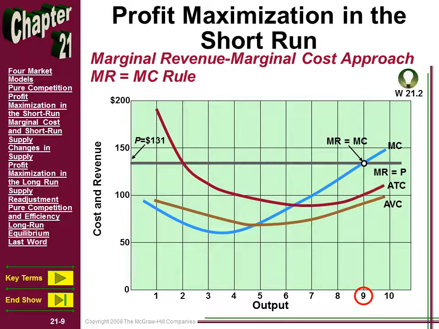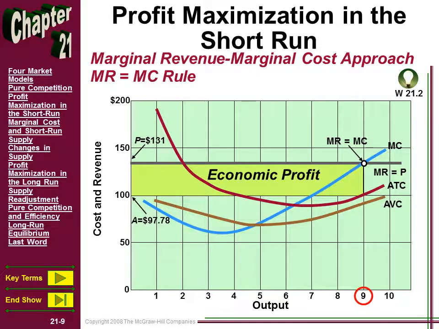We can also determine, based on the relationship between price, $131, and average total cost, if this firm will make a short-run profit or operate with a short-run loss. And the answer here is obviously they're going to make a short-run profit. So you can see this with the nice highlighted